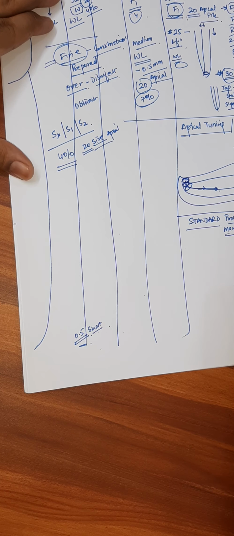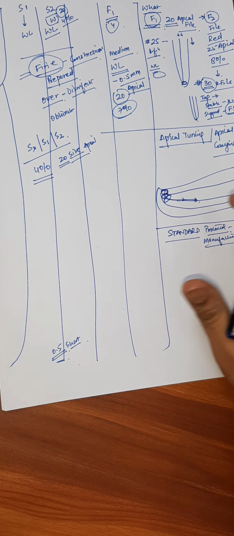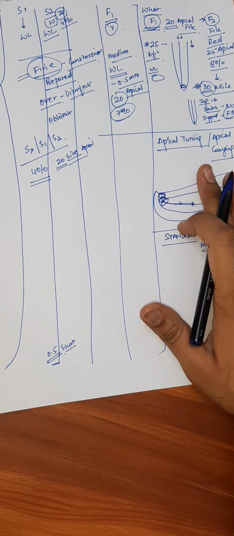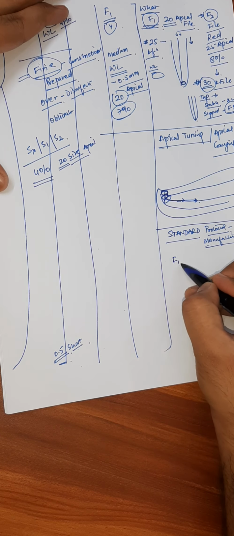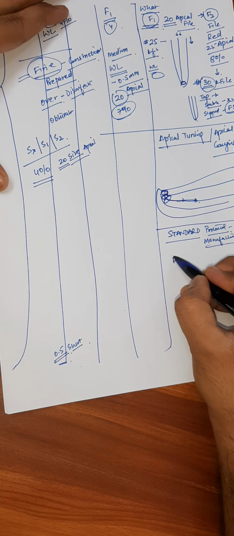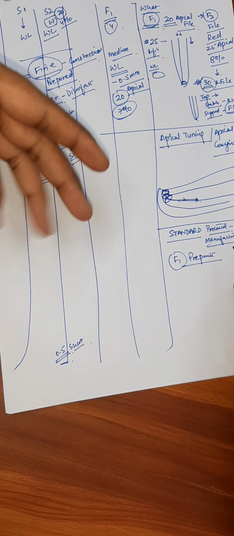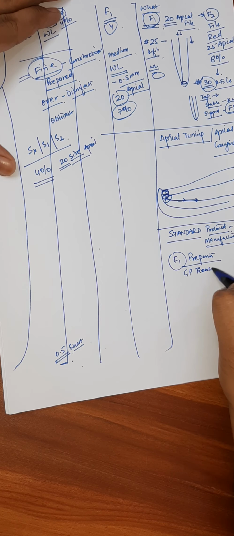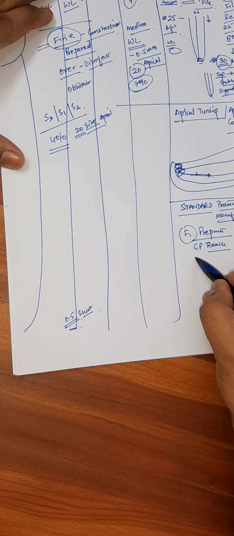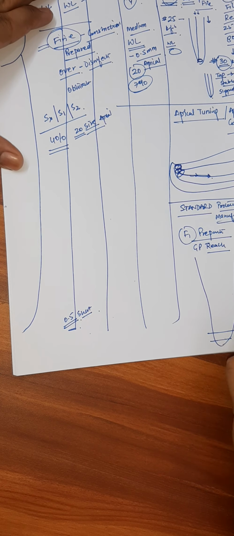Because we have been taught about these protocols, the next videos will focus on the manufacturer's protocols of the ProTaper system. So what we do is, after F1 preparation is over, and we are making sure that there is no hindrance for our GP point to reach the apex, we use K files in a systematic way.